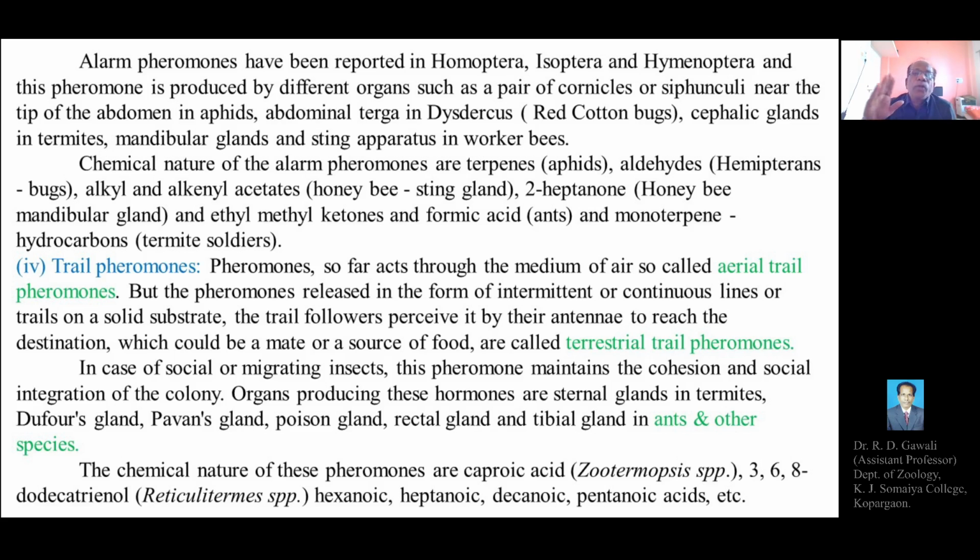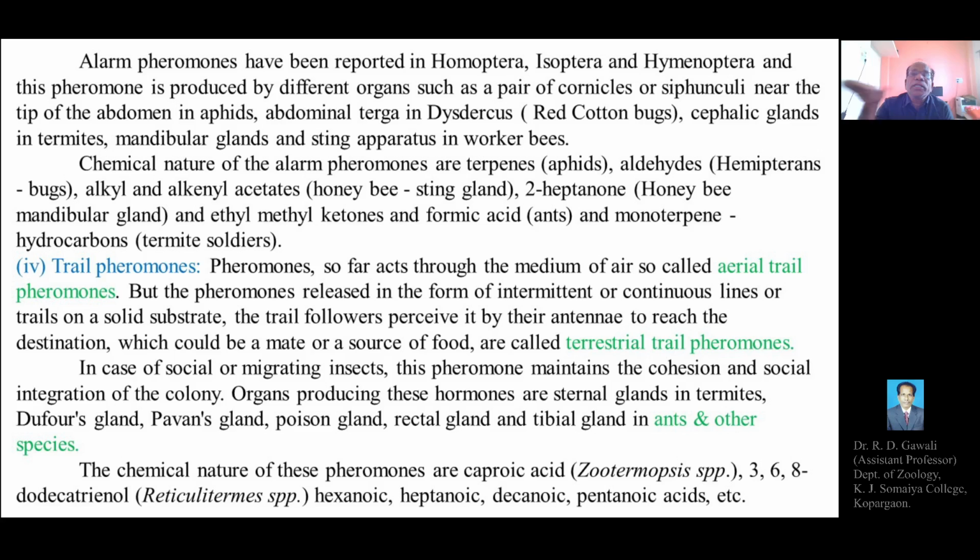So pheromones so far act through the medium of the air, so called aerial trail pheromones, as in birds or some insects, which are released in the air or the atmosphere, but will form a trail behind. That will be followed by the members of the same species. Then some pheromones are released in the form of intermittent or continuous lines or